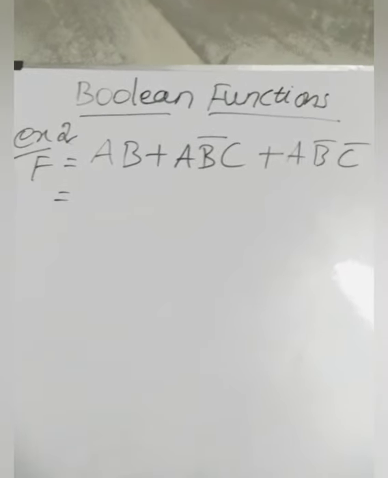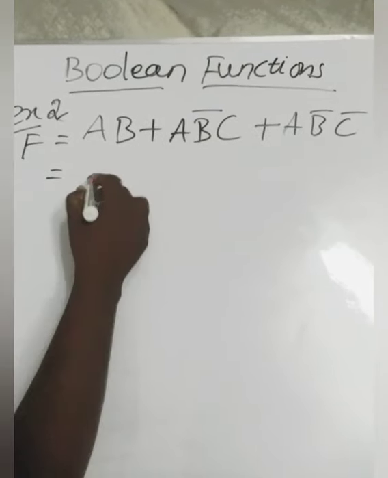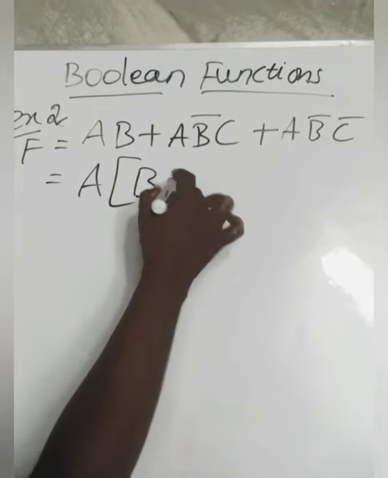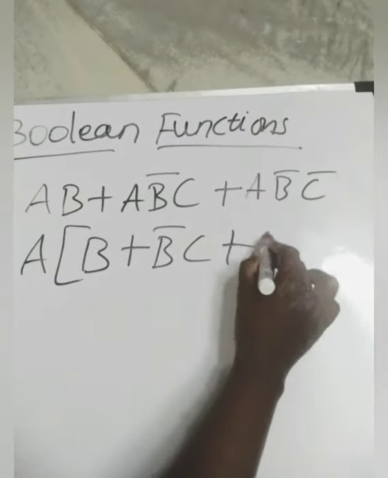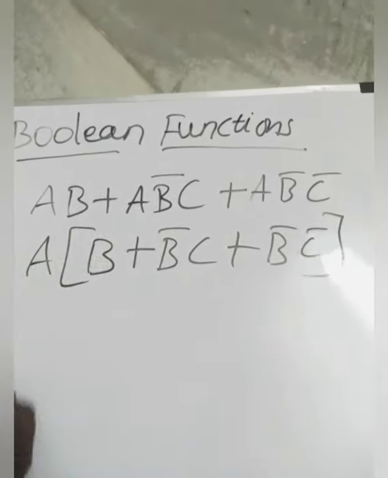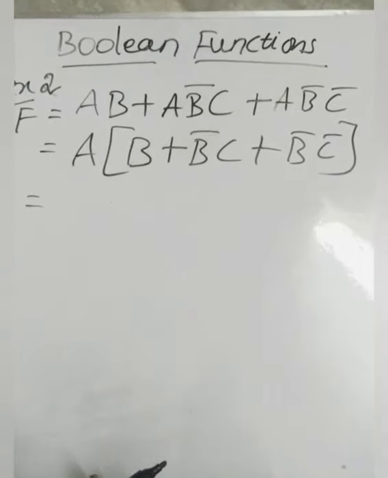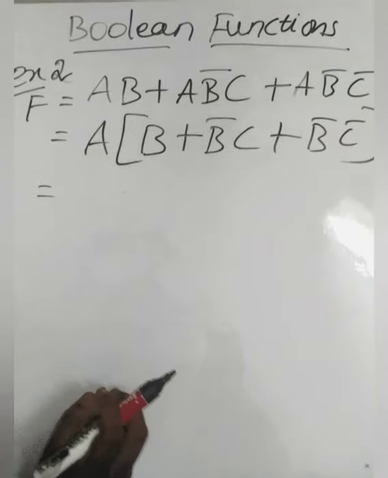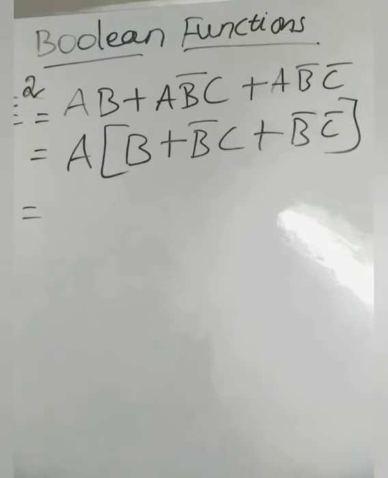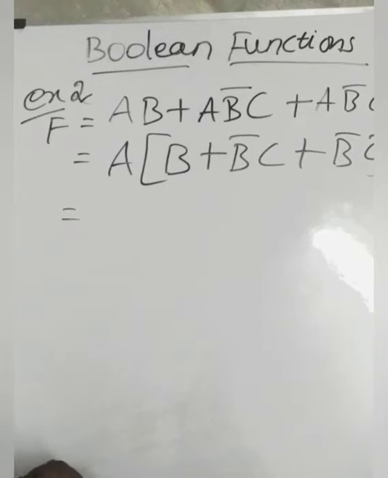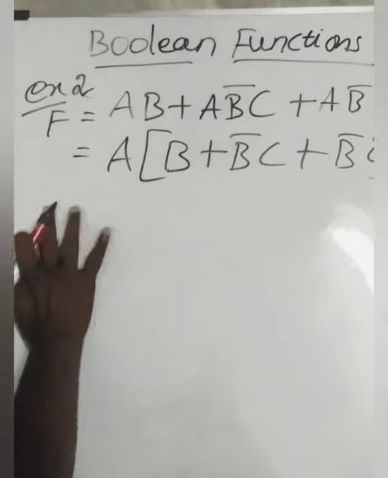So here you are going to take A as a common variable from all these terms. So A, B bar C bar. Okay, and here we are going to apply the distributive law. When we saw the rules, we derived an answer using the distributive law. Those two rules, I said, you should consider as important rules. So what is that?